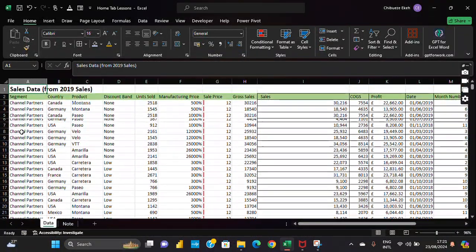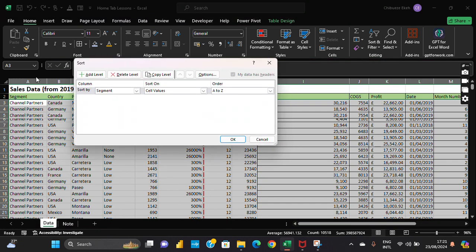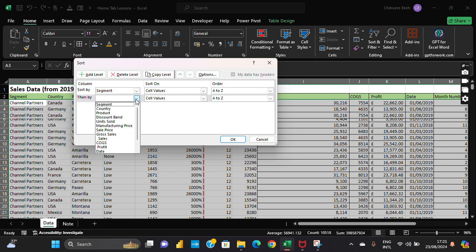Let's do another custom sort. Here, custom sort. We can add another one. You can sort by many levels. You can sort by two columns. You can sort by this segment and also by country. Cell values. Let's sort this one alphabetically A to Z, and then sort this one from